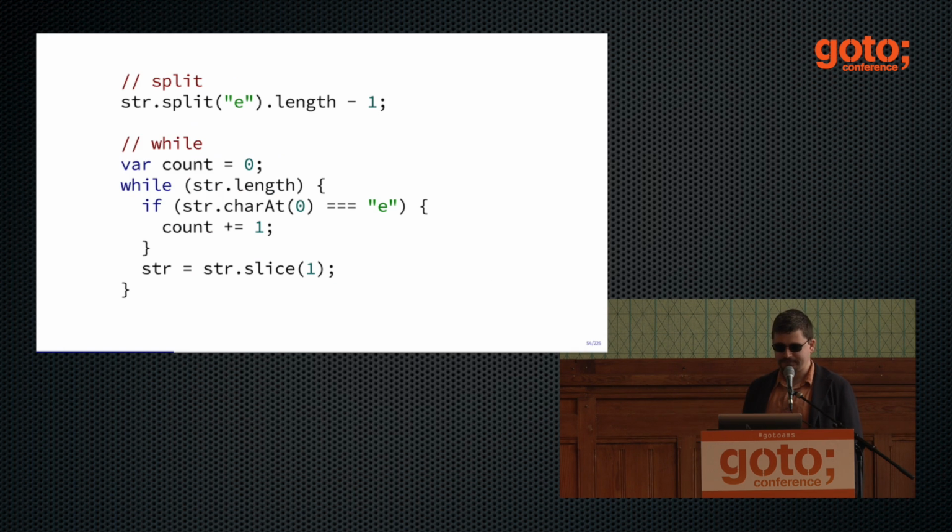And it's this split thing up there. So the fastest way in Firefox apparently to count letters E in the text is to split it by letter E and then take the length of the array and subtract 1. It returns the right result, kind of, but it's kind of, what? What actually happened here?